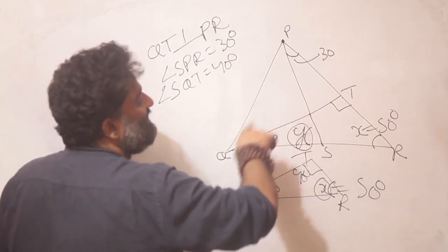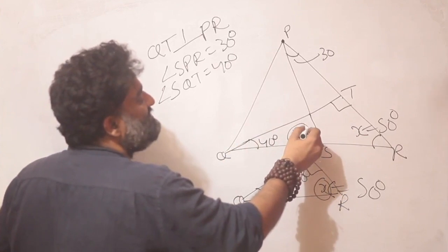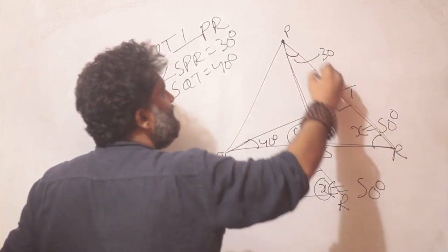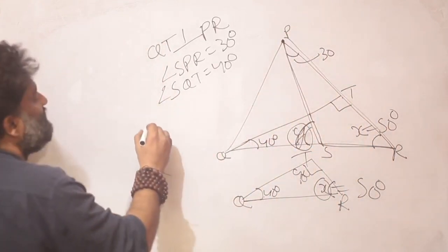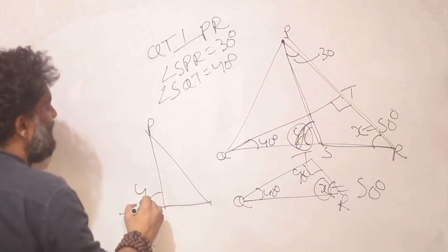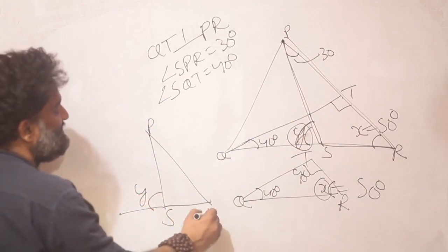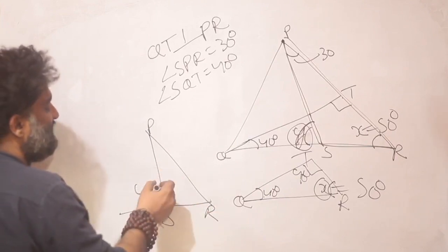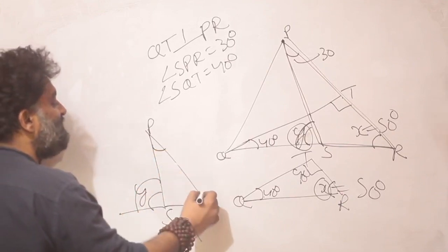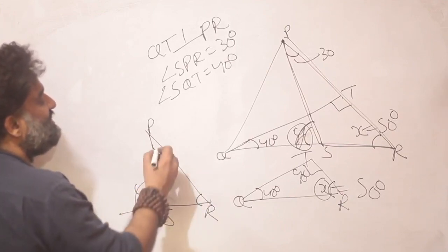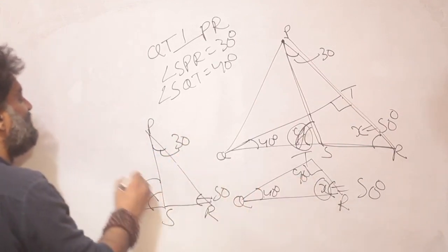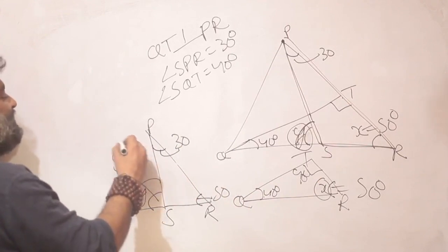Now again, multiple ways of going about it, but for a minute notice this angle Y is the exterior angle for this particular triangle. That means if you think of the triangle P, S and R, the angle Y is an exterior angle for this triangle. That means Y is going to be this angle plus this angle, the sum of the opposite angles. You know this is 30 and you know this is 50. So 30 plus 50 is going to be 80 degrees.